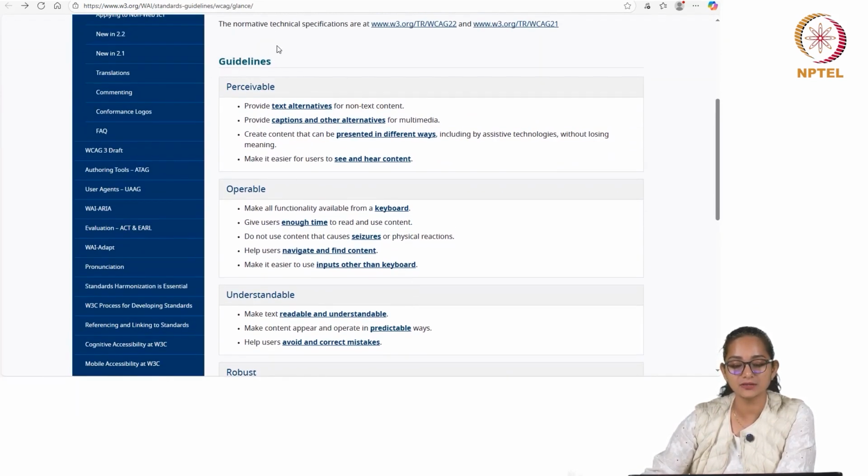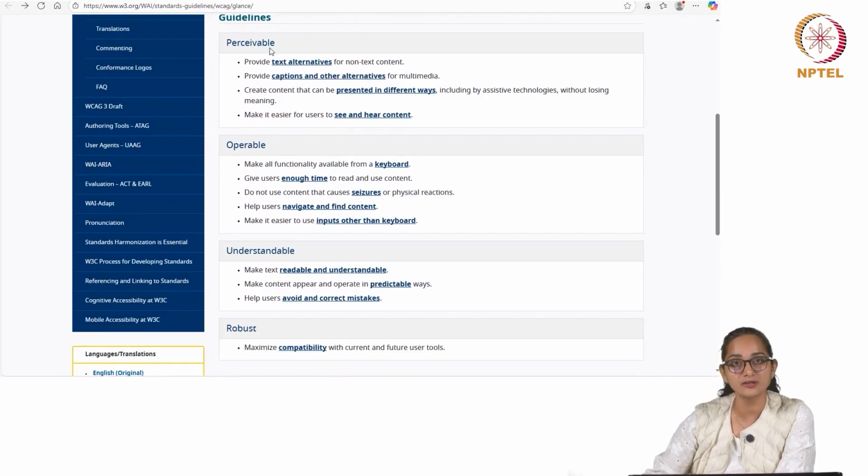There is a long list of guidelines, and as I said earlier, they are divided into these 4 categories, which is again perceivability, operability, understandability and robustness, the same terminologies which are there in the POUR principles. Under perceivability, there are several criteria. For example, provide text alternatives for non-text content.